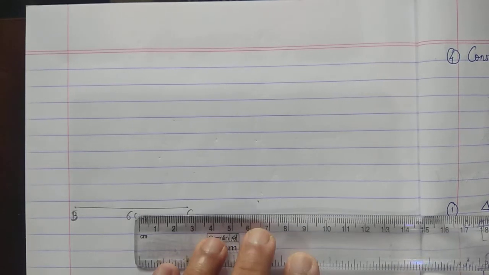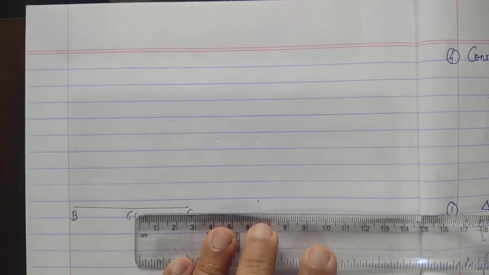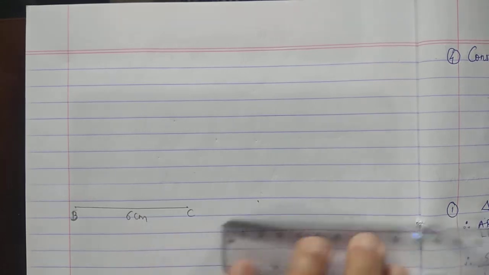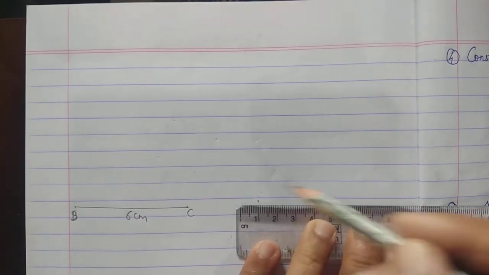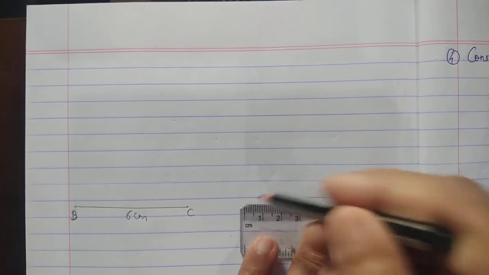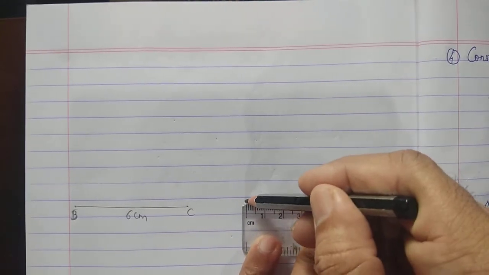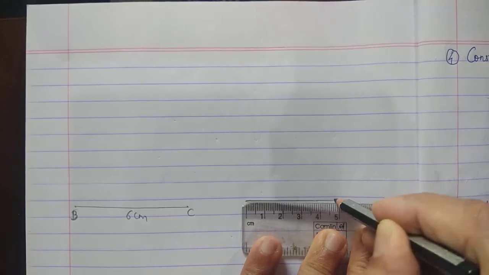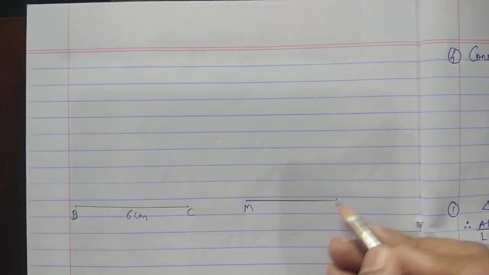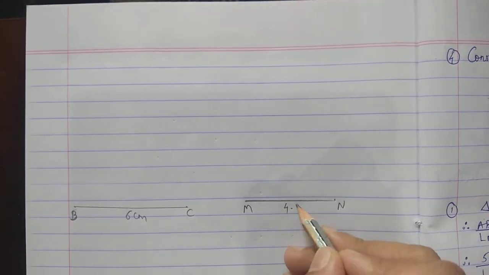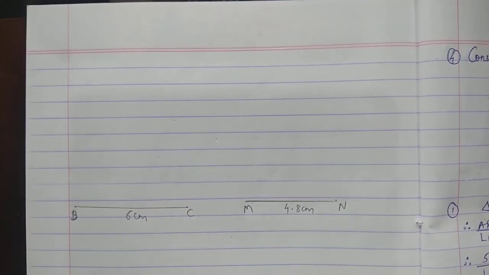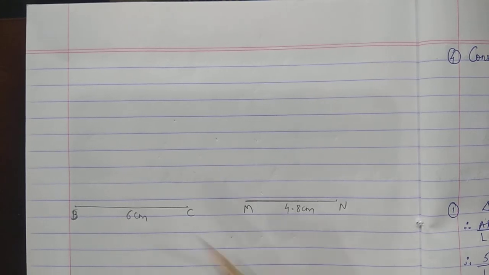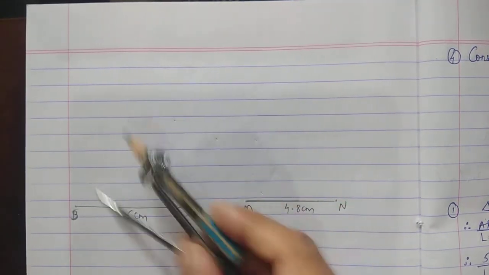Okay. So what is the value of MN you got now? The length of MN is 4.8. So 4.8 can be adjusted in the same line. So you can do it here now. Draw segment MN of 4.8 centimeter. So right here, MN is 4.8 centimeter. And now the remaining two segments of the two triangles you will draw with the help of a rounder.